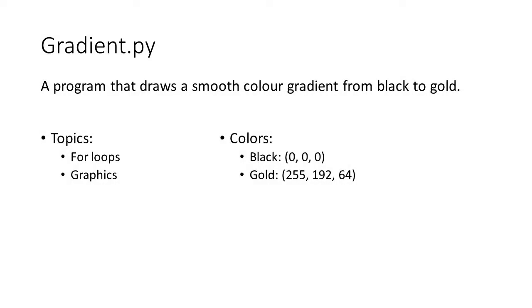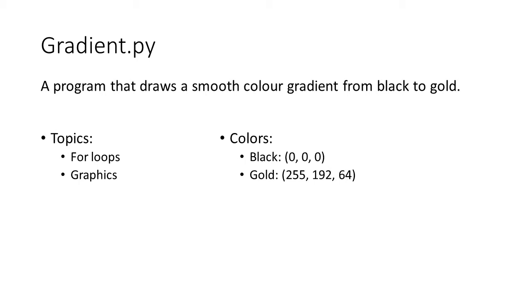In this video, I'm going to demonstrate using a for loop to execute statements multiple times. I'll create a program that fills a graphics window with a smooth color gradient to demonstrate this concept. A smooth color gradient can be drawn by drawing one horizontal line for each row in the window. The color of each line is only slightly different from its neighbors, giving the appearance of a smooth transition from